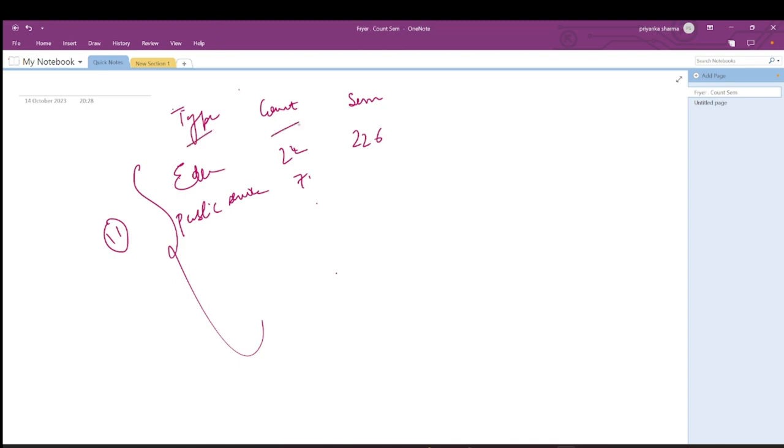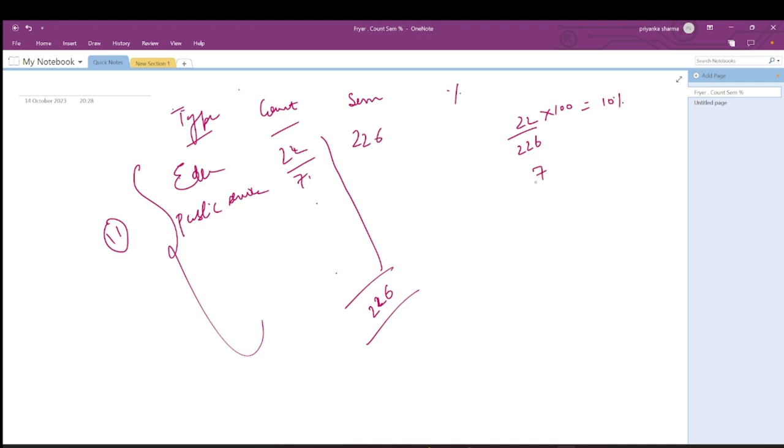And we have the count. Now how do you calculate the percentage of these values? We got the sum of all these values as 226. Percentage of anything is calculated by that value divided by the sum. So you take the value 22 divided by the sum, times 100, and you get the value of it, which is roughly going to be 10%.